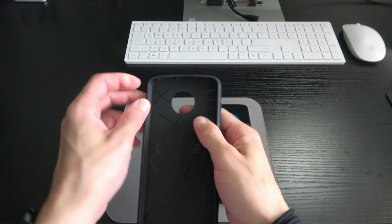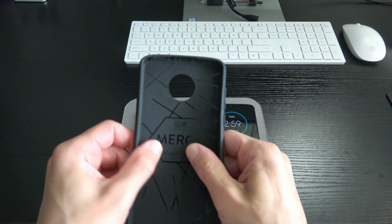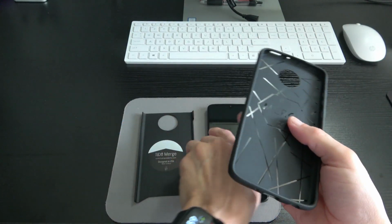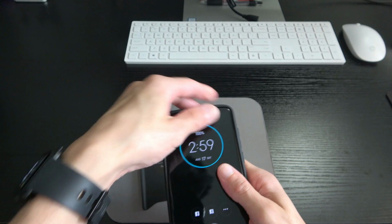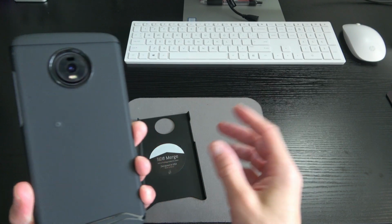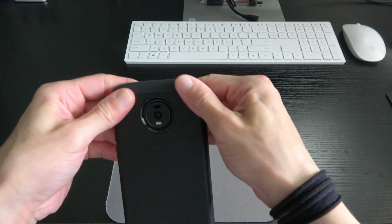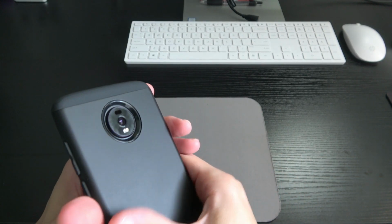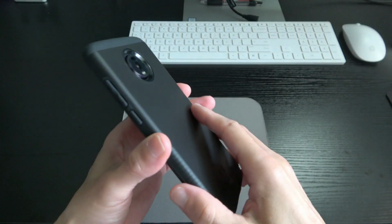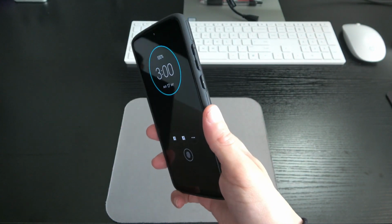Now, another thing that I like about this case too is it comes in two parts. There's a rubber, and I believe this is a hard rubber or a hard plastic TPU. What you do is you simply slide your Z4 in the case, which is very easy to do. Installation is very, very simple. And then you just simply line up the grooves and snap it on. That's going to give you some added protection for the back. You've got some durability there. So the top, sides, and the bottom of your device are all going to be all good